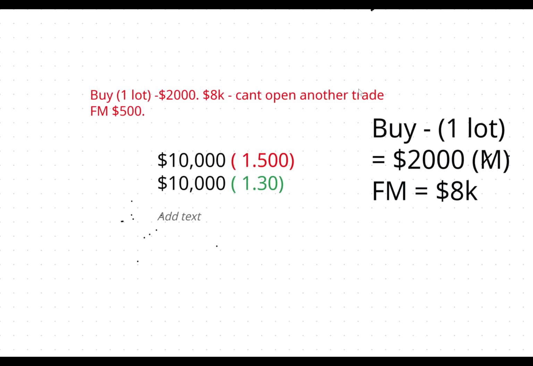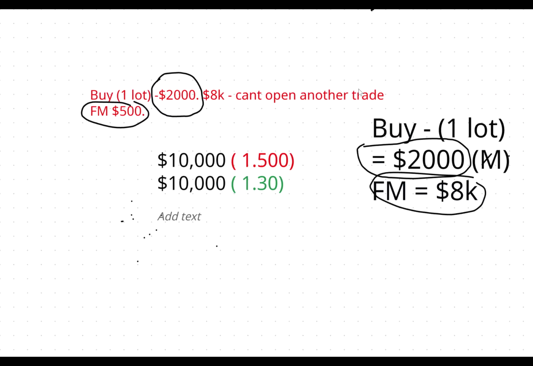Even this kind of free margin will still be constant. They have minus $1,500, minus the margin, free margin will still be constant. The whole thing will still be constant. But once they have minus $2,000 or minus $2,010, more than their margin, I mean, once they lose more than their margin, then the free margin will start supporting the trade. So this one will have 8,000 to support, or this one will have 500 to support.